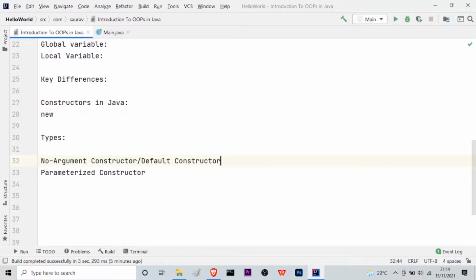The no argument and default can be considered the same, and the second type is the parameterized constructor. As the name suggests, a no argument constructor means in the constructor definition we don't have any arguments, and parameterized means we will have parameters in the constructor.